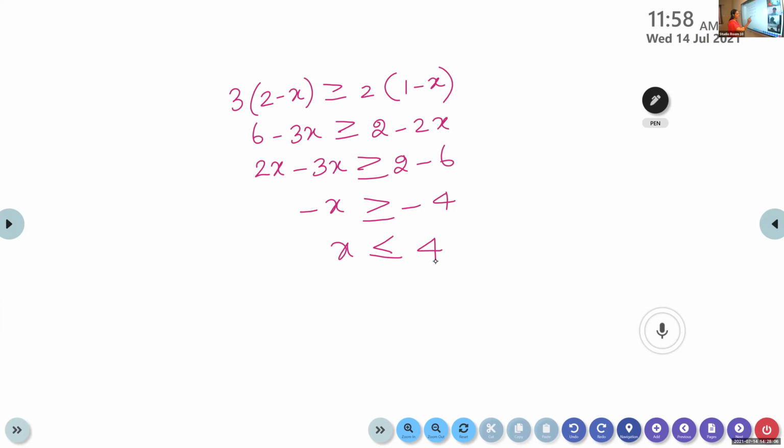Okay, now look here. x is less than or equal to 4. Listen, less than or equal to is there, isn't it? That means the maximum value is 4. And here it is minus infinity to 4. Look at the answer you wrote. Is it open there?